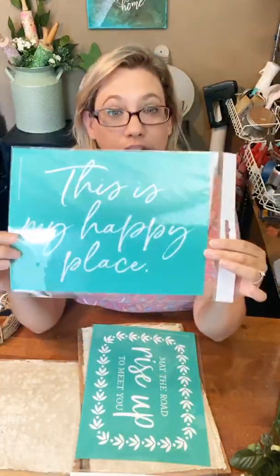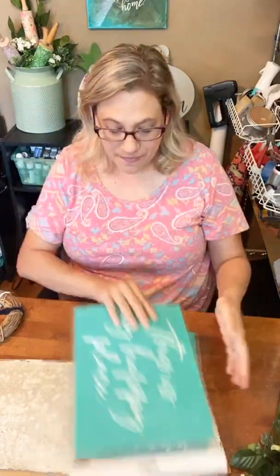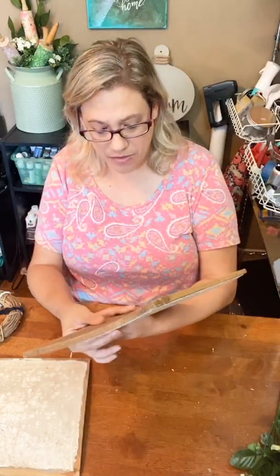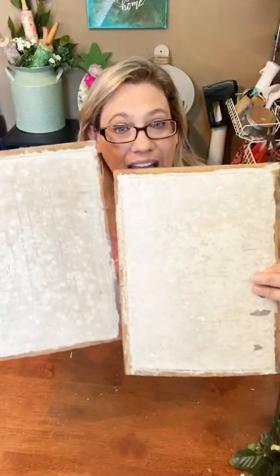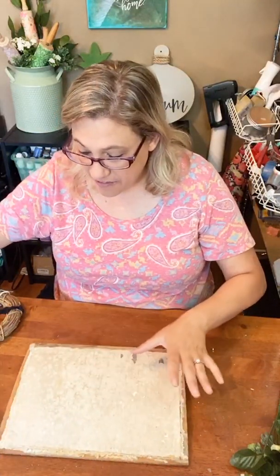Then this is another one of our new ones. This is my happy place. Love this. I think it's just kind of simple and easy. So I have a friend who has a barn and she sells a lot of old vintage, old reclaimed items out of that barn. And so I had found, or maybe Cindy, you may have found these. I can't remember. But we were there and found two of these pieces. Now they're old, it's old wood, and I don't know what this is, to be honest, what's on the front of it. But I love how rustic